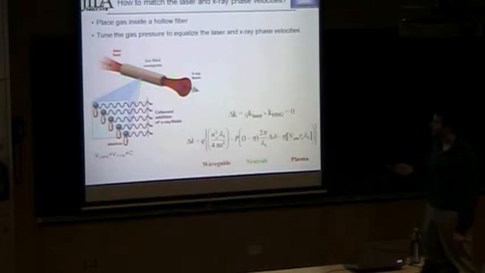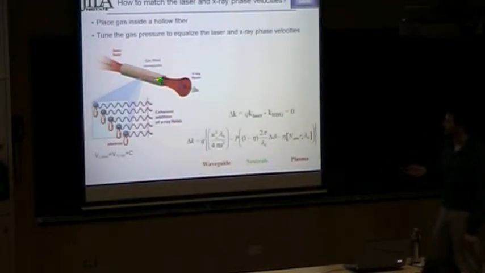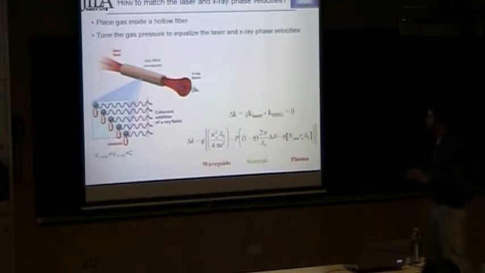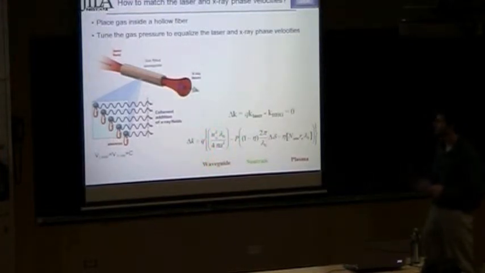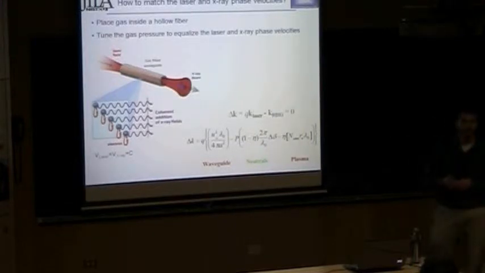And so we start with a hollow core capillary and focus our laser and guide it through that capillary, and then fill it with gas. And so you can write down the 3 main contributions to the dispersion. One is a geometric contribution from the waveguide. Then there's going to be a contribution from the gas neutrals that we put into the waveguide that slows down the light.